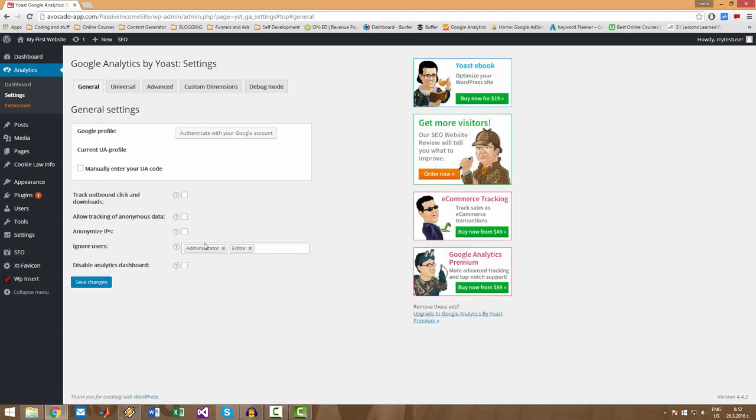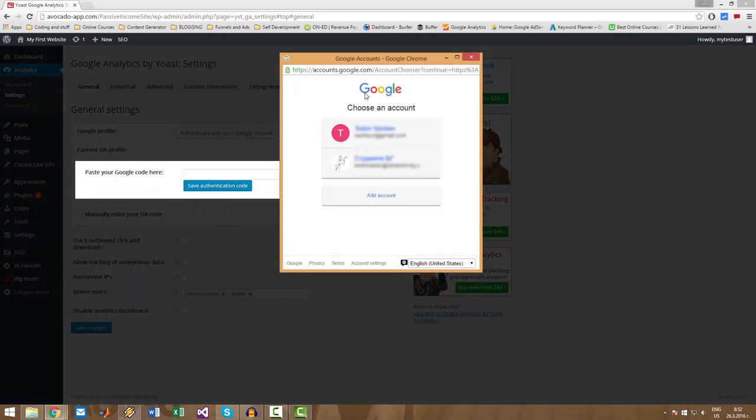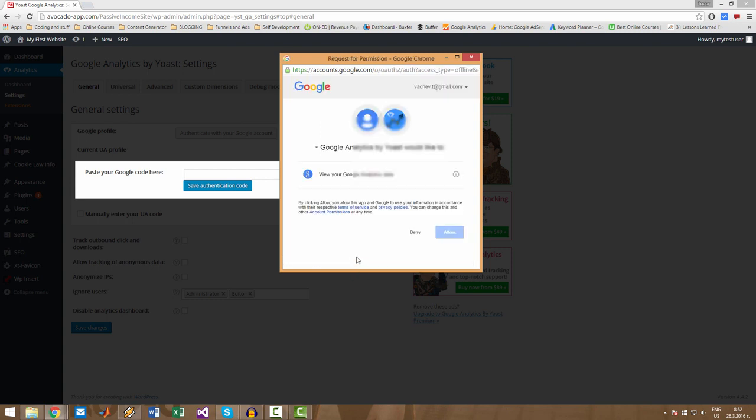When you do this, it will take you to the settings page of the Analytics plugin, and you have to click on this button here, authenticate with your Google account. This will open a small window that will show all Google accounts that you have available on your computer. And if the account that you want to use is missing, you simply have to click on Add Account. If not, simply select the account that you want to use, and then wait a couple of seconds, and you